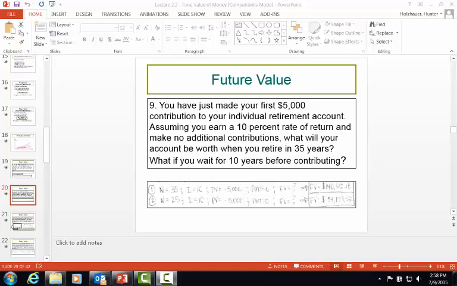Now think, if you do the $5,000 every year, how quickly you can get up and over $1 million. Once again, every one of you can and needs to become a millionaire before you retire. What happens though if you just say, I'm going to goof off for 10 years and have fun? I worked hard in school, I deserve it, right? Well, if you don't save that money and you wait 10 years and then make the $5,000 contribution, you only have $54,000 already going in that nest egg, and that's a huge difference,